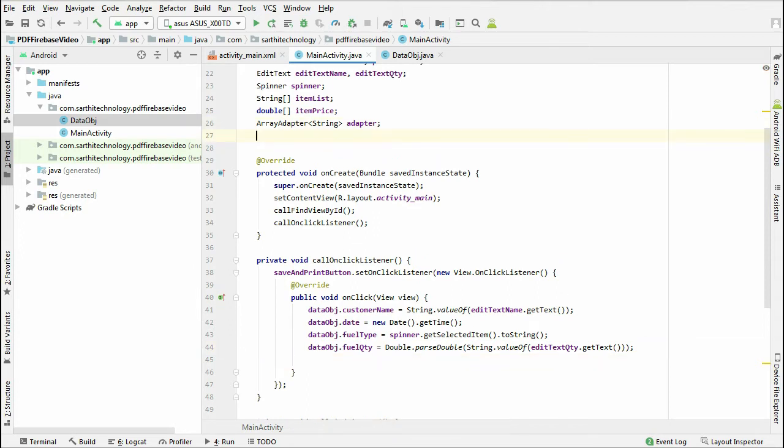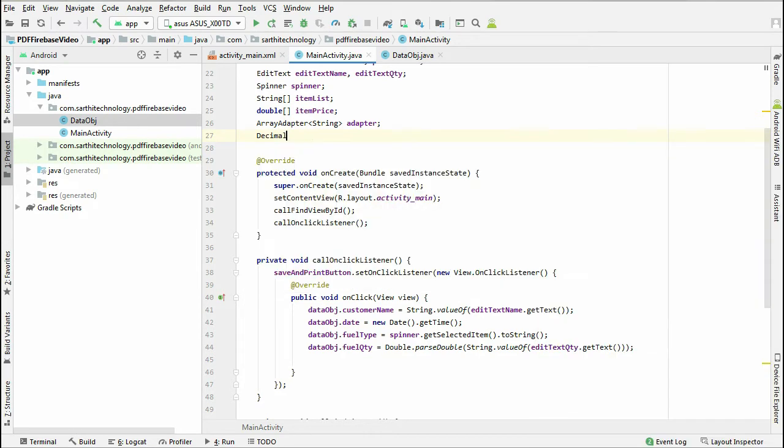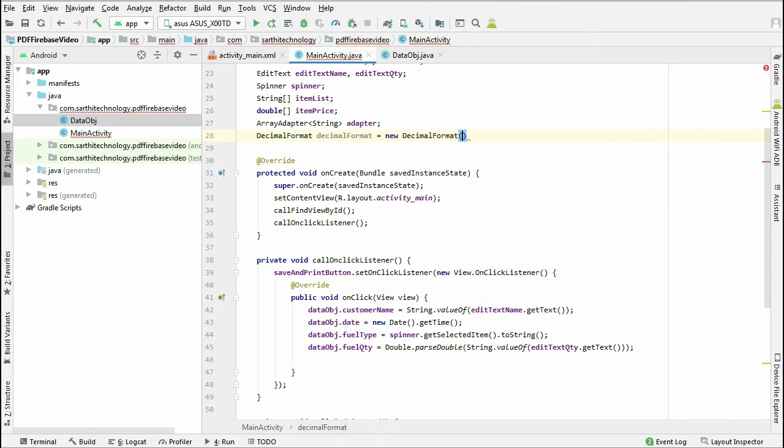We can create it here: decimal format equal to new decimal format, and the format will be hash dot hash. This will save only 2 decimal places.